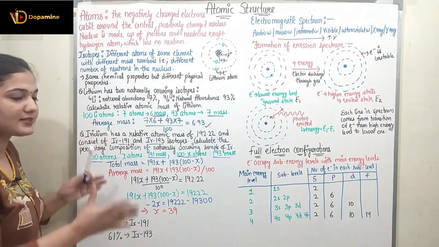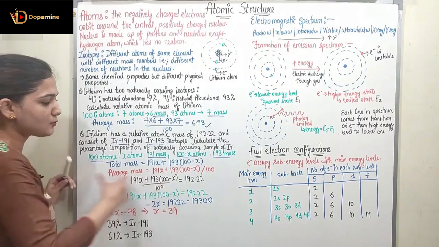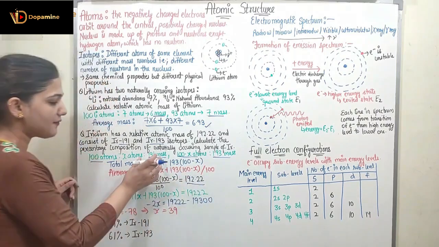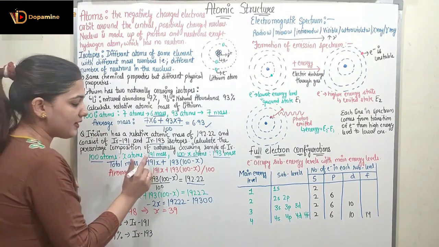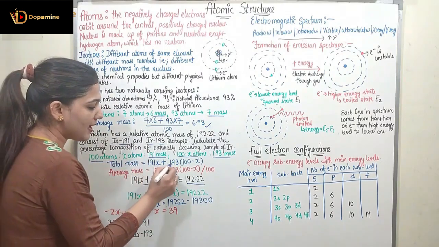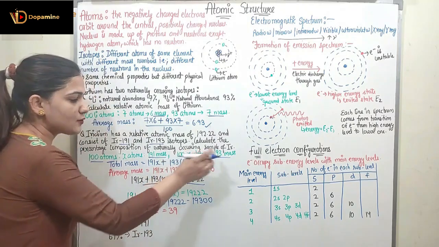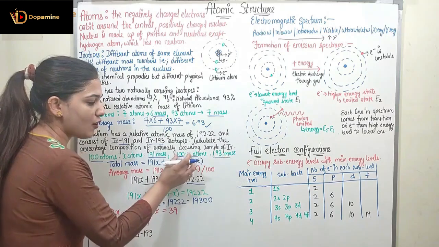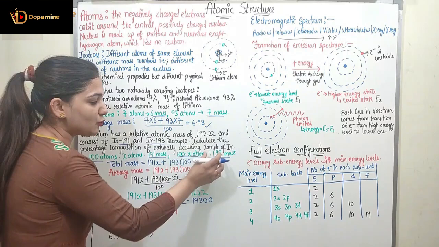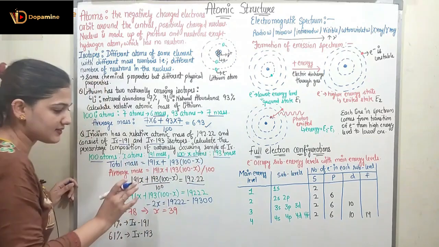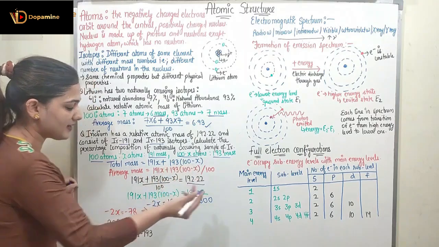Okay, so here what is given? The opposite is given, right? So the average mass is given, which is 192.22. Okay, and we consider X will be having 191 mass. So the total mass will be equal to 191 into X plus 193 into 100 minus X. Because 193 mass is for 100 minus X atoms, so 100 minus X atoms will be having total mass 193 into 100 minus X. Total overall mass will be 191X plus 193 into 100 minus X.